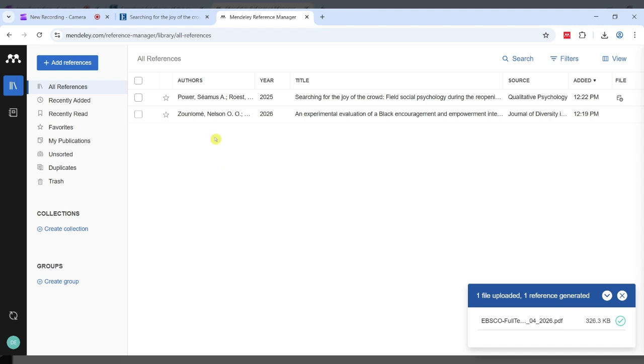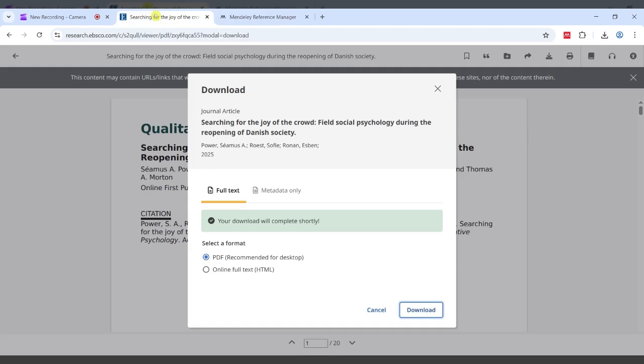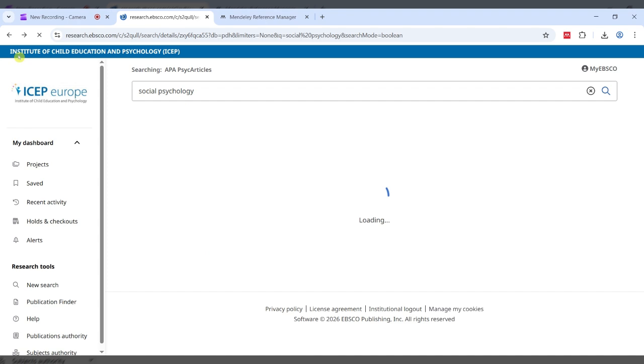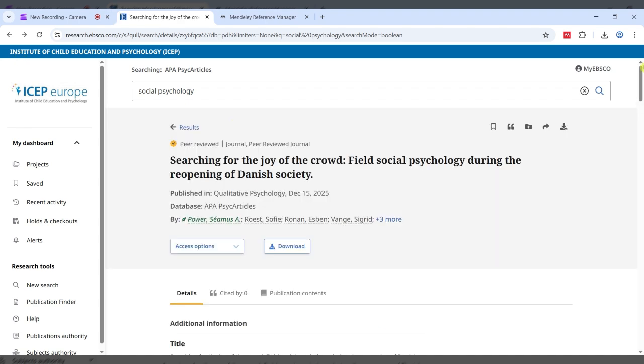So they're the first two methods. They're probably the two easiest ones, I would say. So depending on whether you want the PDF, you want to save it into Mendeley, or whether you don't have access to it. Also, I suppose PDFs will take up a bit of room in terms of the amount of space you have for free on Mendeley, so that might be something to bear in mind too. Maybe if you don't necessarily need the PDF, don't save it into Mendeley just for the sake of space. But you should get quite a bit of free space on Mendeley before you have to pay.